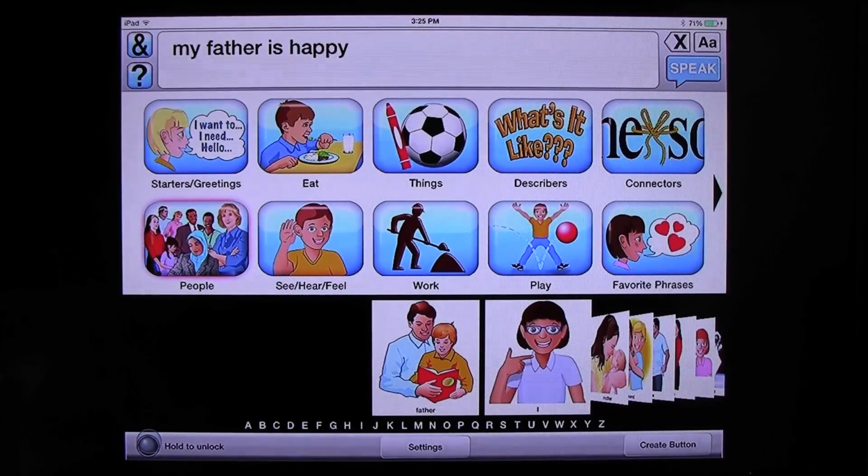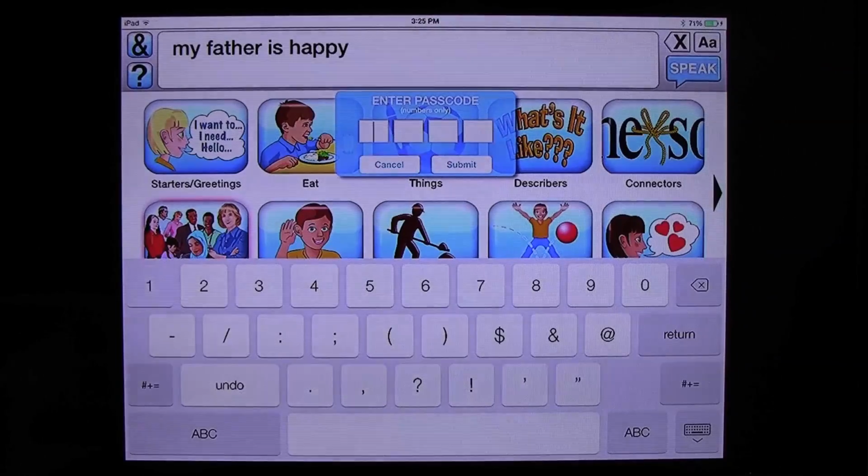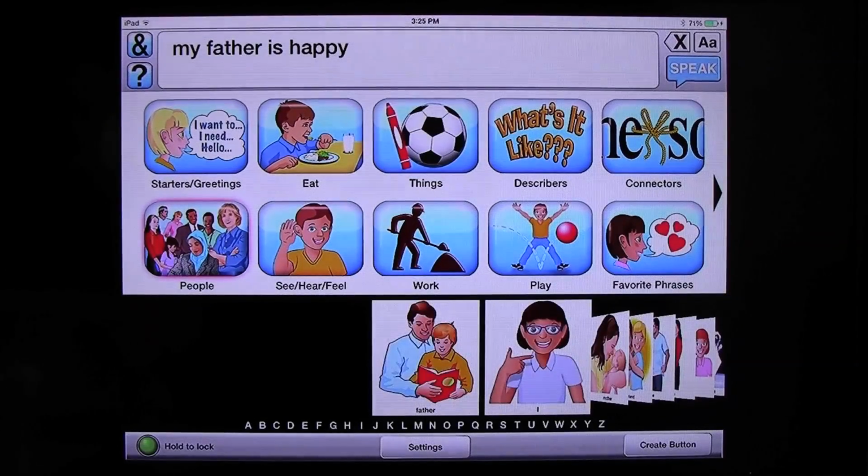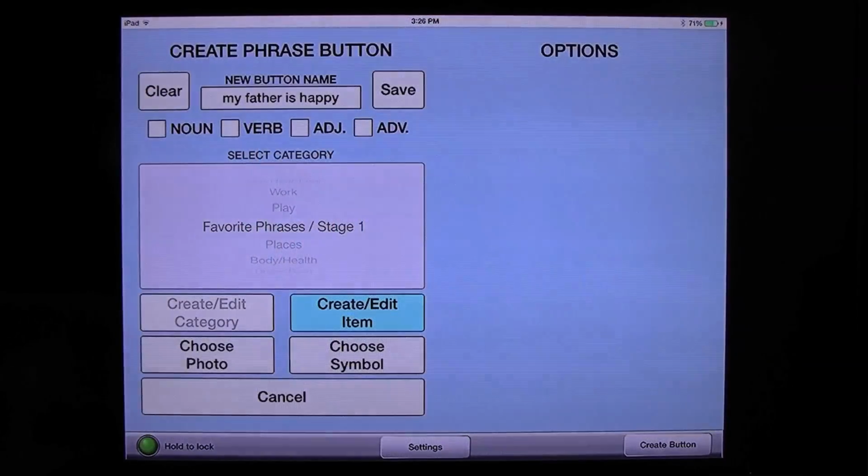Let's hold to unlock the settings at the bottom left. Enter your passcode. Now that it's unlocked, if you hit the speak button again, now watch my thumbs over here. I'm going to hit the speak button and then watch what happens to the speak button. My father is happy. It turns into a save button, just temporarily. But if you touch it, my father is happy, and then touch it again while it's still red, it'll take you to the Create Phrase button menu, and you can